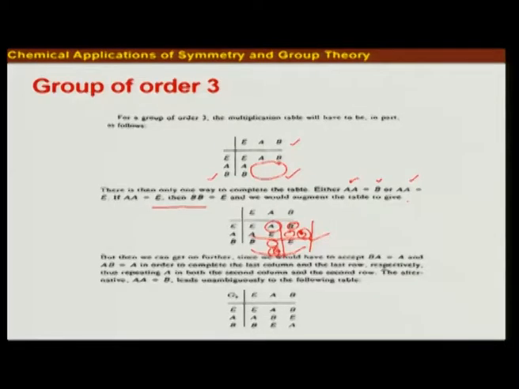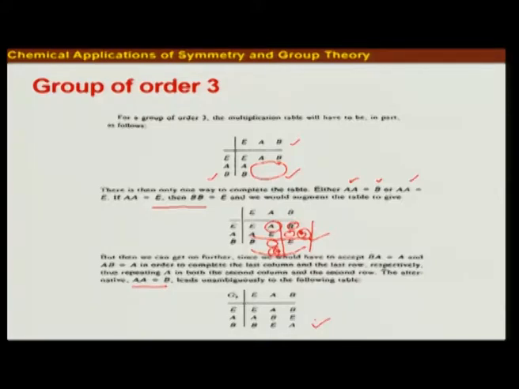We are left with the condition AA equals B. So, instead of AA equals E, if we choose AA equals B, then we can end up getting this particular table, and you can do it yourself step by step. Suppose you choose this condition AA equals B, write it up, and then keep filling in the blanks, and you will end up with this particular multiplication table.